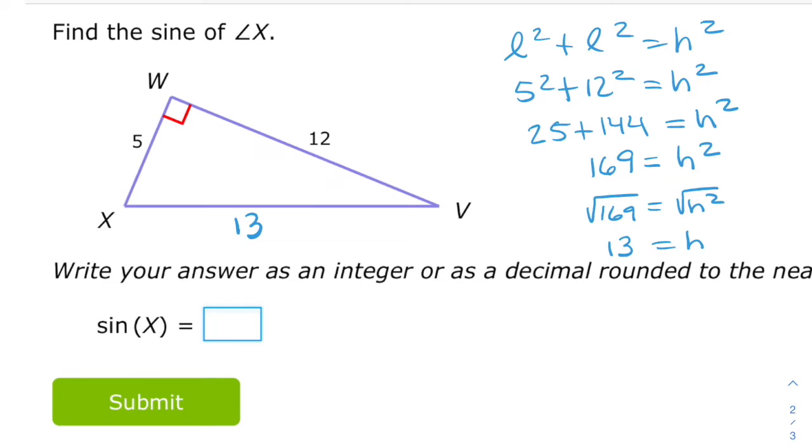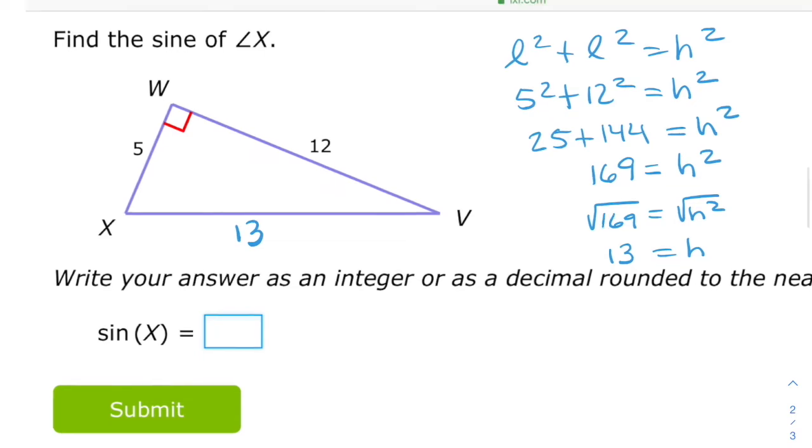All right. And so now that we have all three values, sometimes you won't need all three, but I'm going to label this one the hypotenuse. And now, which one is the opposite and which one is the adjacent side? Well, let's take a look. Our focus is on angle X, so it's about this angle right here. So the opposite side is 12 to X, and then 13 is the hypotenuse. So the answer here is going to be 12